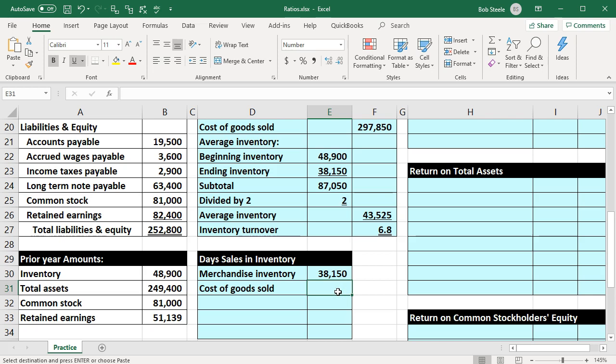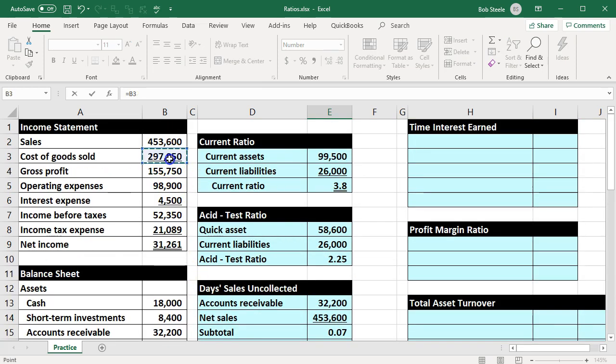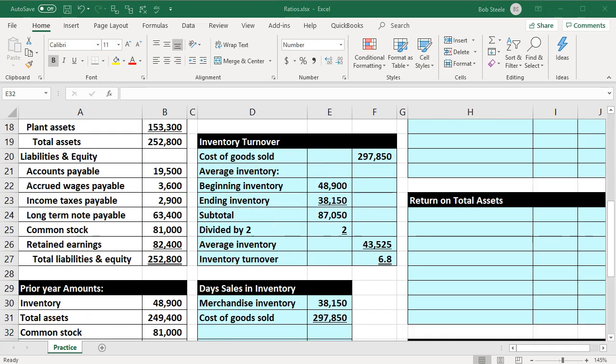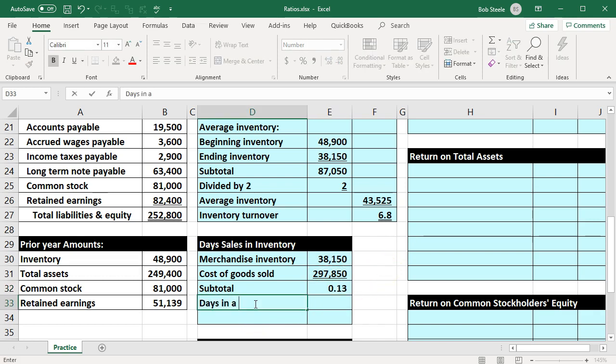And that is going to be equal to, and scroll over to the income statement, cost of goods sold, the 297,850, and then we'll divide those out. That'll give us a subtotal. So we're going to divide this out. That ratio equals the inventory at the end of the time period, the 38,150, divided by the cost of goods sold, the 297,850, and then we're going to multiply that times the days in a year,